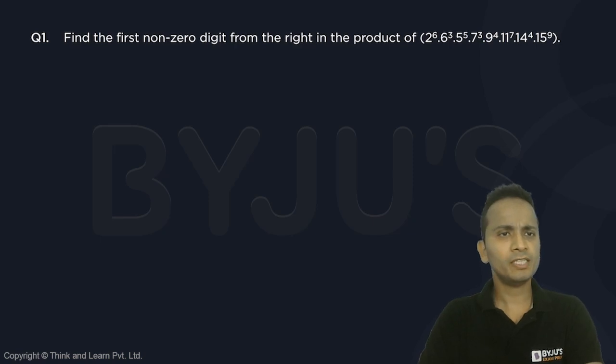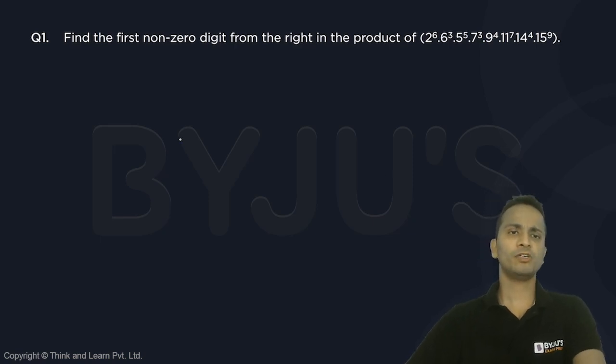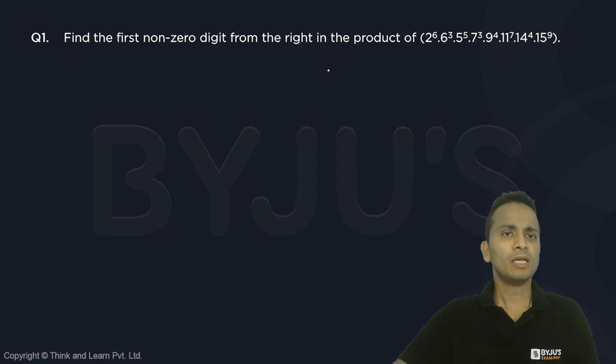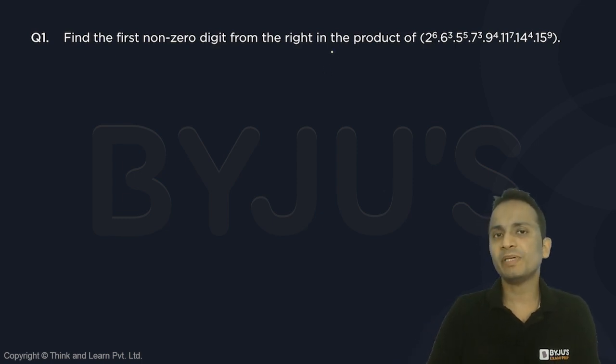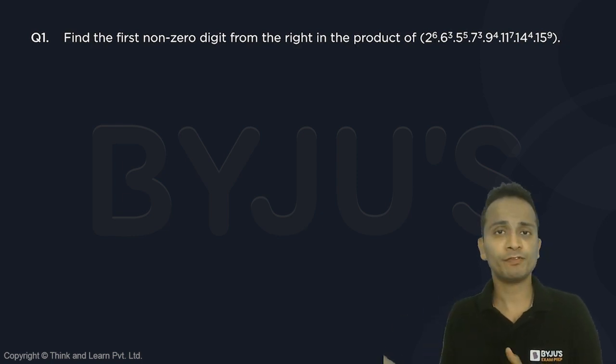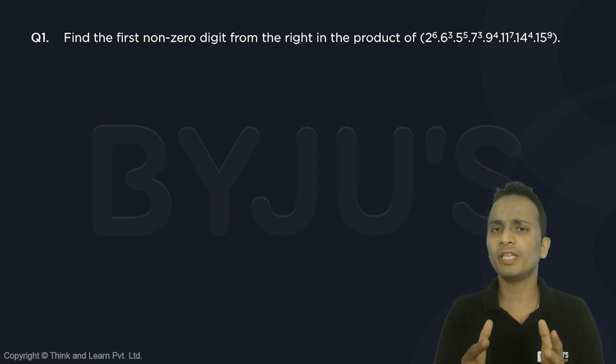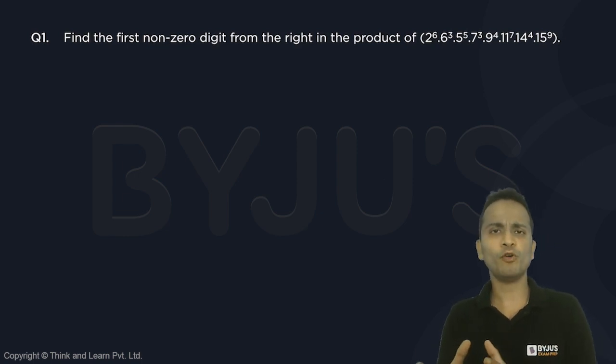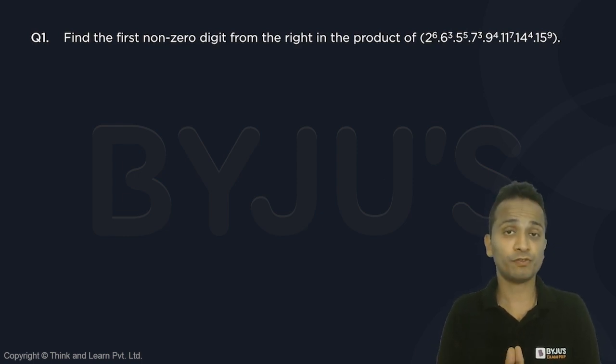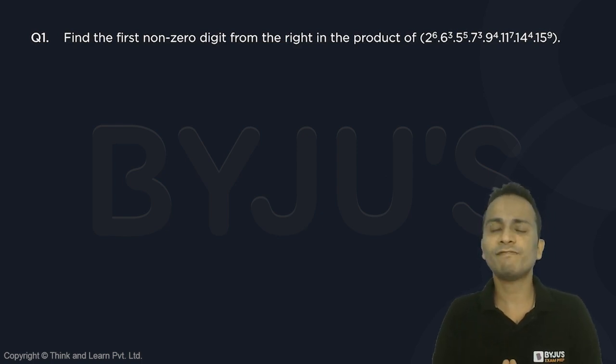So the logic behind question number 1 of mock 11 will be, now here we'll have to find out the first non-zero digit. So first of all, we'll separate out all the zeros that will occur on the right hand side of this number. So this number will end with some zeros. So we'll remove all those zeros first of all, and then we'll find out what portion of these factors are